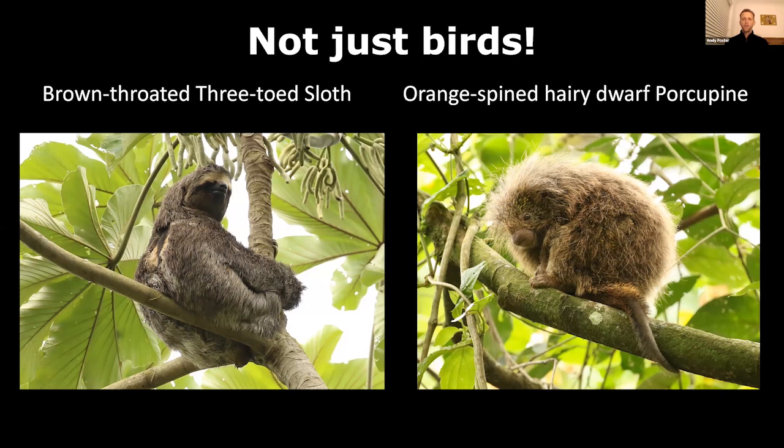Mammals are quite tough. Unfortunately, there's been a lot of hunting in the Atlantic forest over the years. But thankfully, due to a lot of conservation work and protection that a lot of these private reserves are working on now, we're seeing mammals starting to come back down out of the furthest reaches of the valleys. So we've got good chances of brown-throated three-toed sloth there, bit of a mouthful, orange-spined hairy dwarf porcupine,